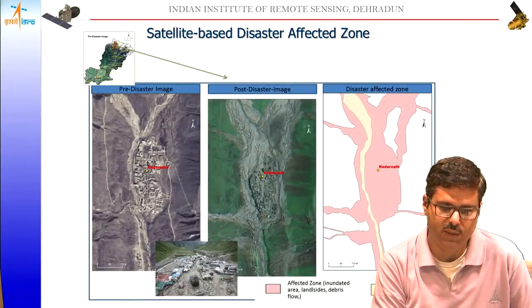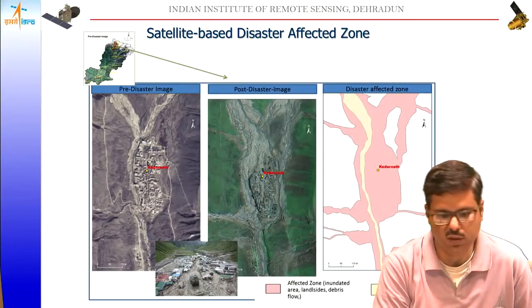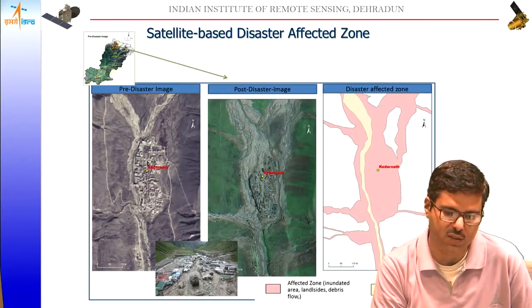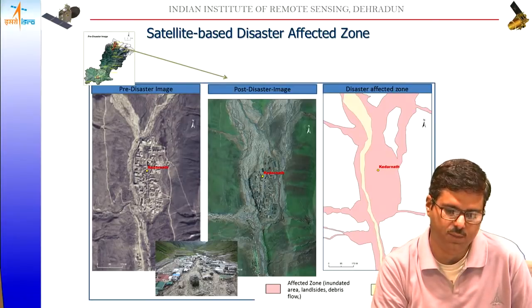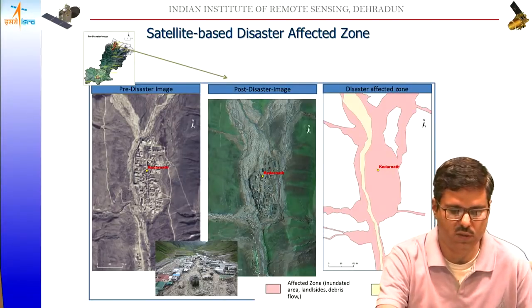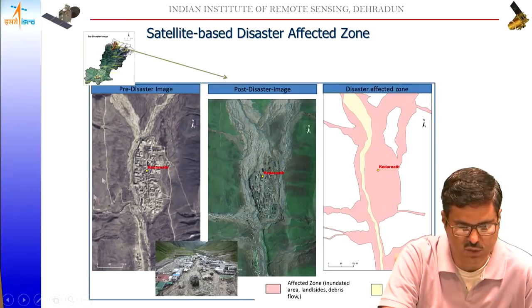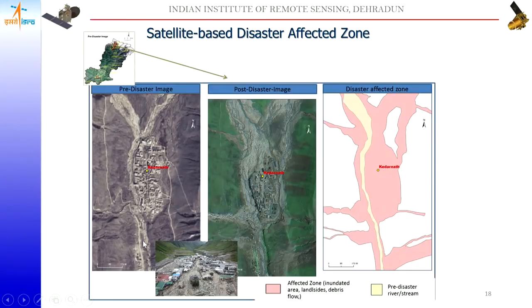Now to understand this symmetric difference, let's take an example using this infographic, where I'm taking Kedarnath as a use case. So we have this pre-disaster image of Kedarnath, and we are aware of what calamity happened at that time. There was a lake burst and a lot of precipitation. So this is pre-Kedarnath, and this is after the Chorabari lake burst and a lot of precipitation happened, so a lot of damage was caused.